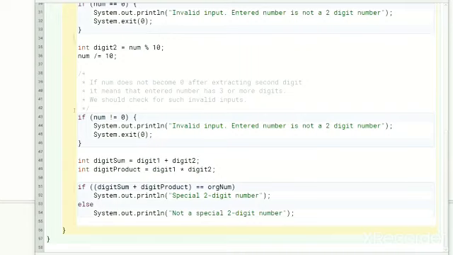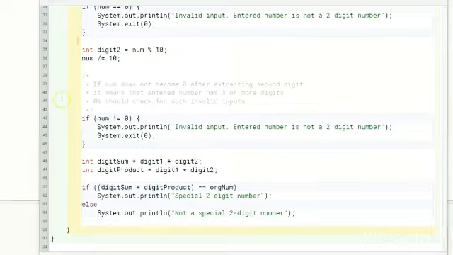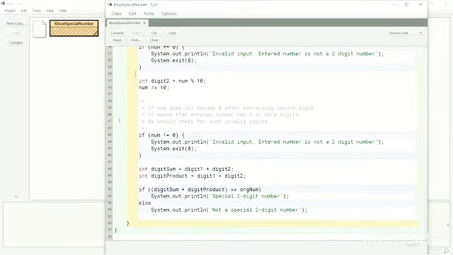So, if you know how to extract the digits of a number, the question itself provides the rest of the solution. Such questions are easy scoring opportunities for you. With a little preparation, you can score full marks in such questions. Let's quickly execute the program and try out a few inputs.